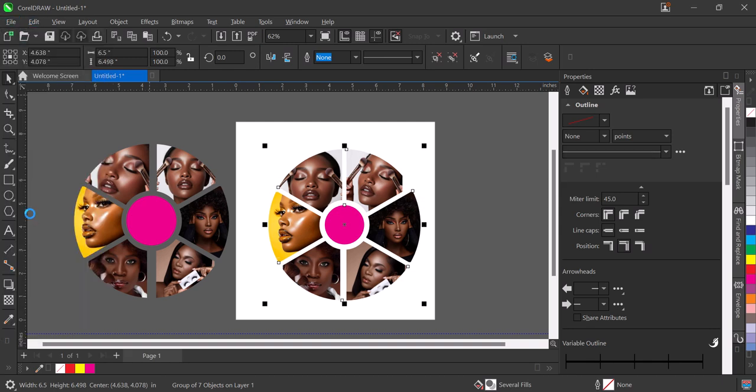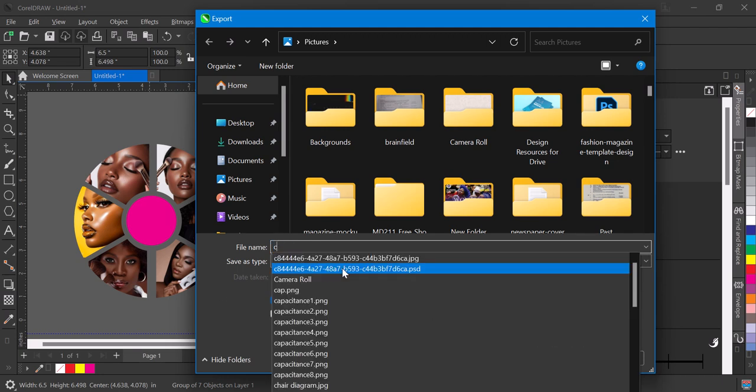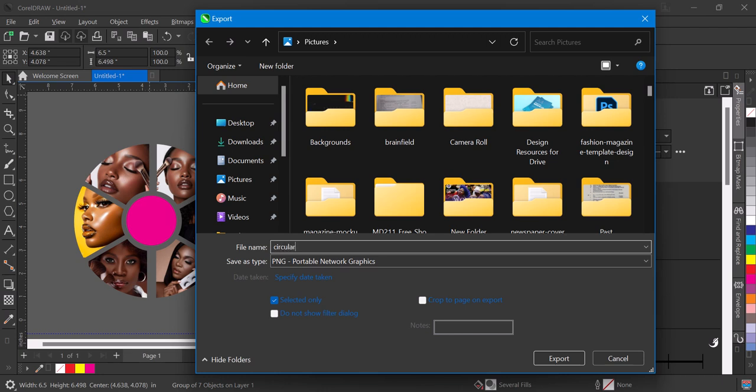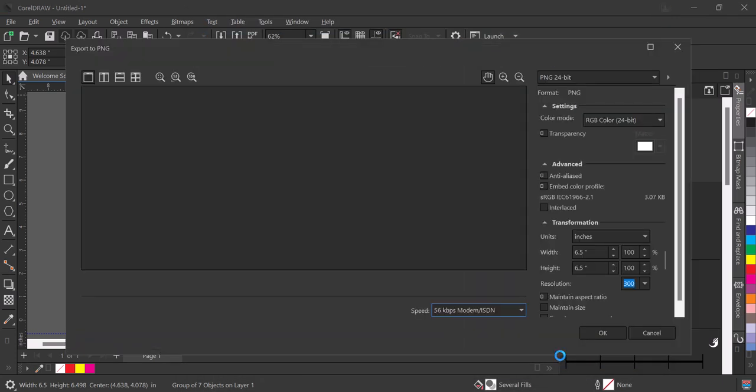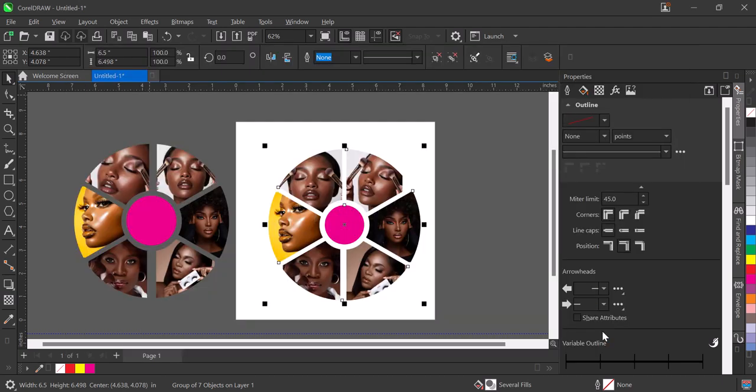So that it will not be an individual image, if I so wish. I want to call it circular design. I'll just click on export. So it has been saved as an image in my system. Okay, so having done that, there's no other thing that's left to be done,